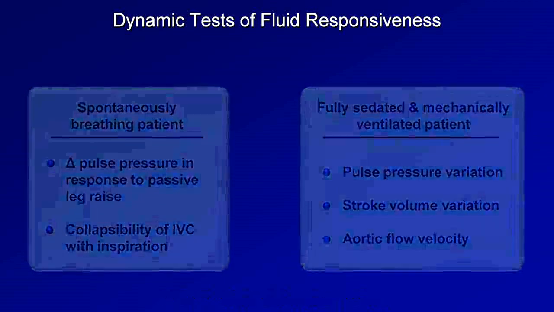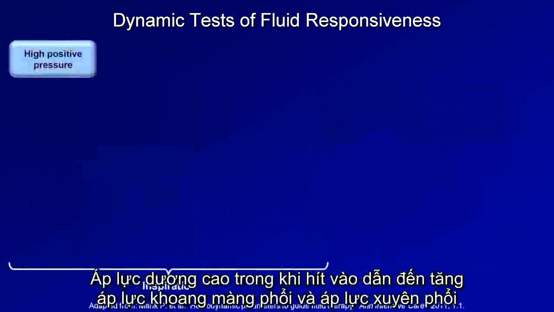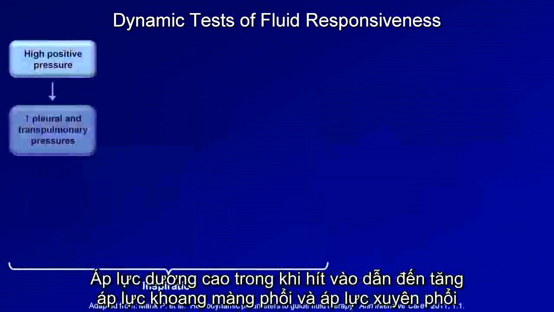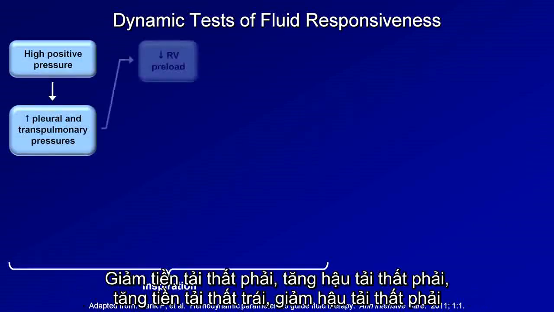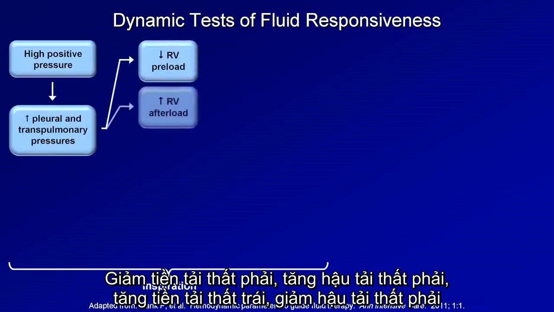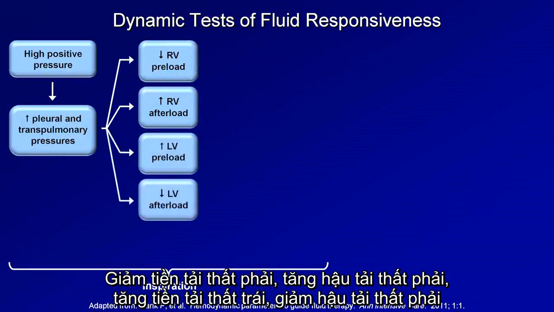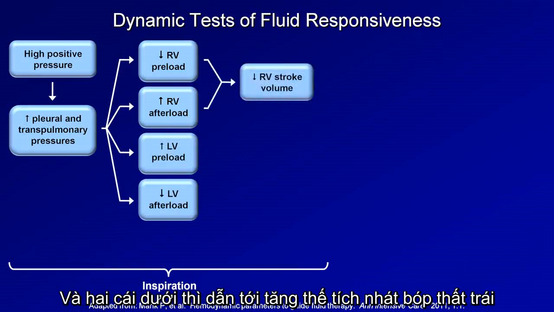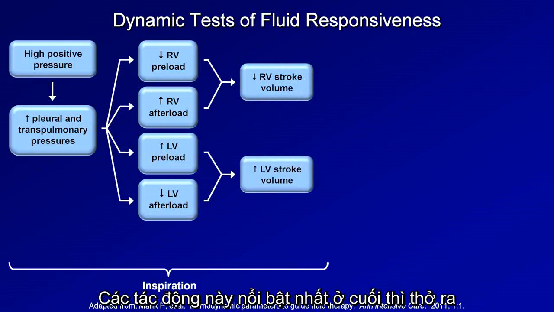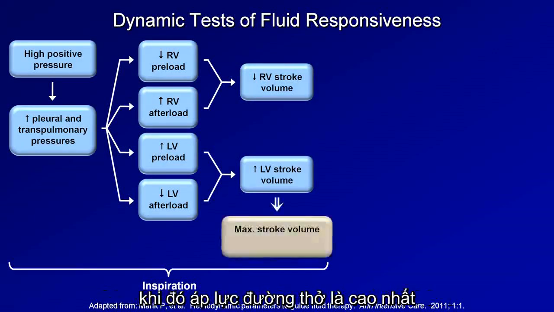Here's how it works. High positive pressure during inspiration results in high pleural and transpulmonary pressures. This combination leads to 4 interdependent effects on the heart: decreased RV preload, increased RV afterload, increased LV preload, and decreased LV afterload. The top 2 of these result in decreased RV stroke volume, and the bottom 2 result in increased LV stroke volume. These effects are at their most prominent at the end of inspiration when the airway pressure